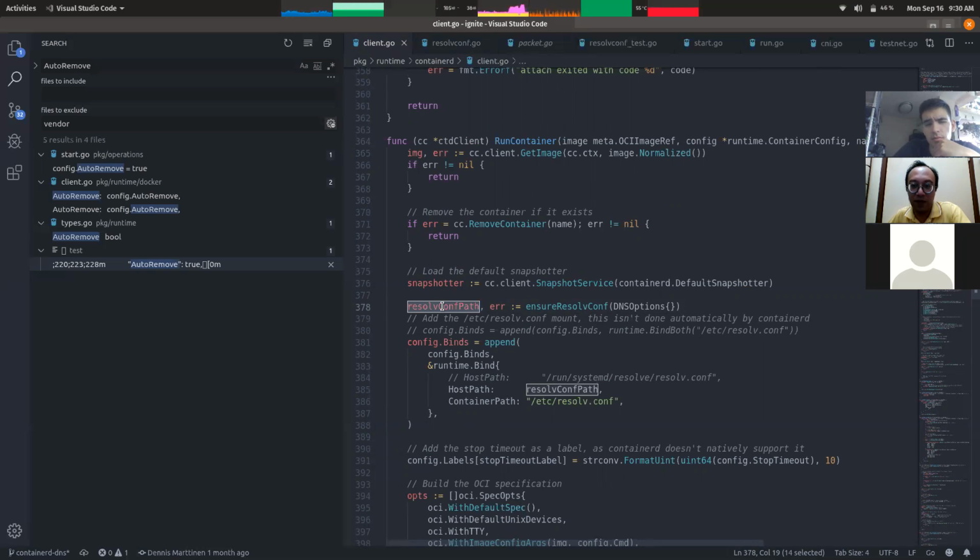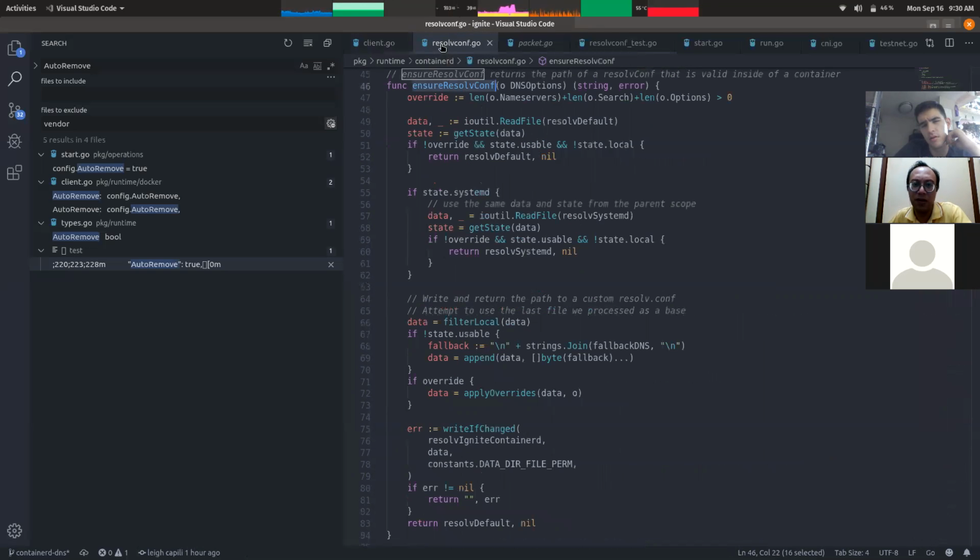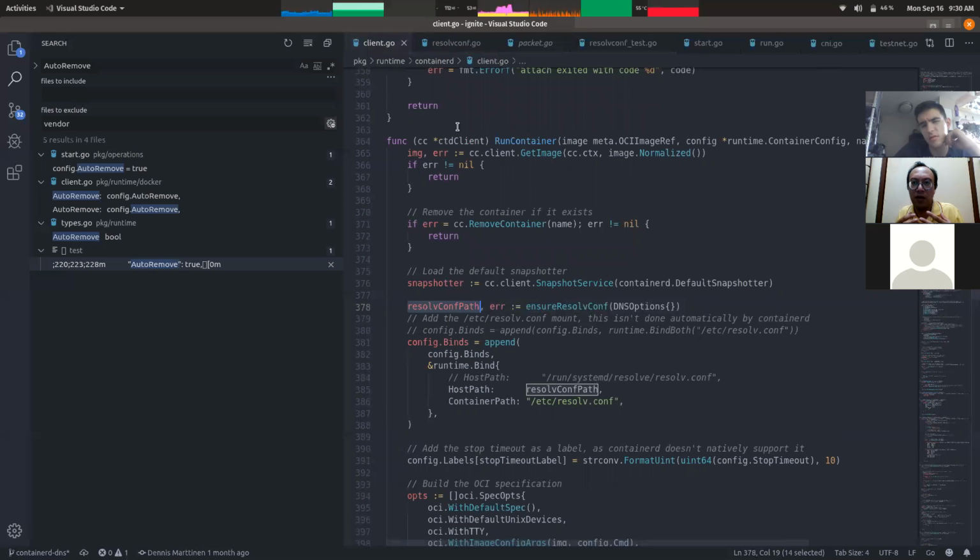Do we really need to write this file onto the file system before binding it? Can we do it in memory? I feel that in my implementation as well, we write our version of resolve conf